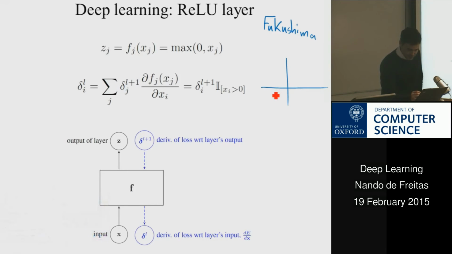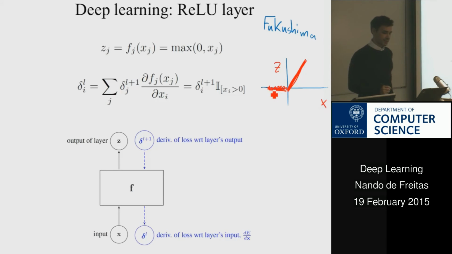So a ReLU unit basically is like this. This is z, this is x. It's 0, and then it has a slope. And if you want to compute its derivative, the derivative over here is 1, the derivative over here is 0, and no one talks about what happens